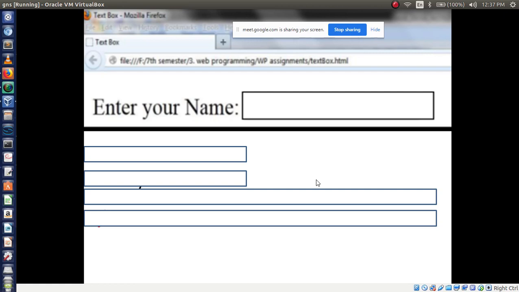So first I want to design this page like this: "Enter your name" and a text box. A text box is a control. Are you agree?